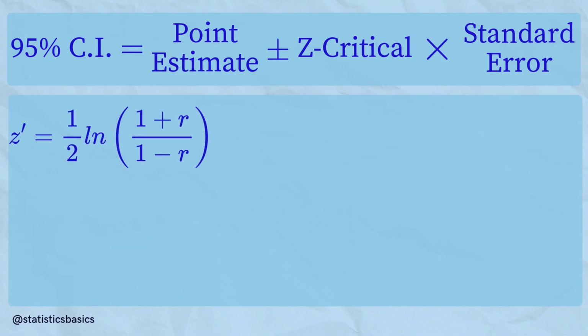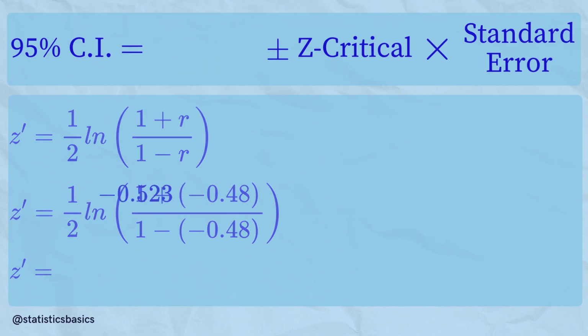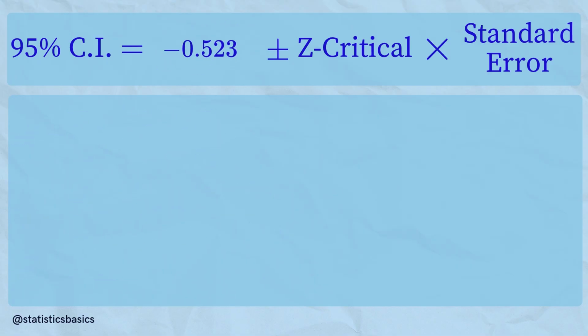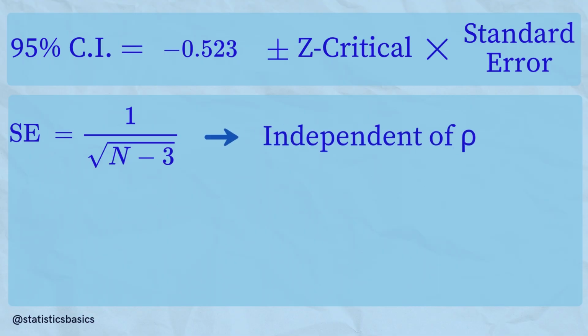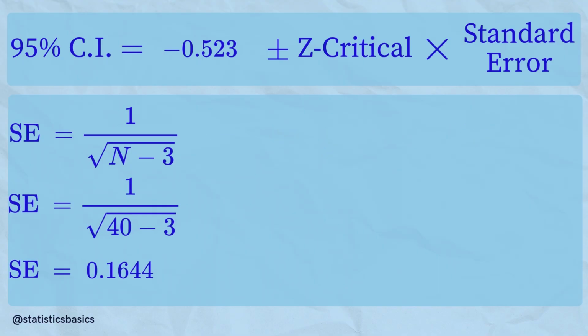To do that, the psychologist will first use Fisher's z transformation to convert r into a new variable z, using this formula. For a correlation of -0.48, the calculated z value is approximately -0.523. This z value serves as the point estimate of the sample statistic. The standard error of z does not depend on the value of the population correlation, which can be calculated using this formula. For a sample size of 40, the standard error is approximately